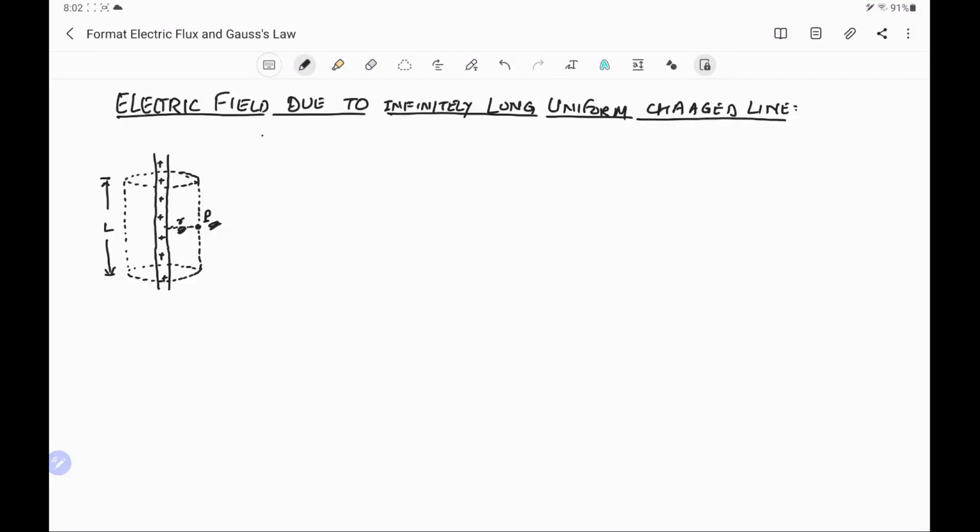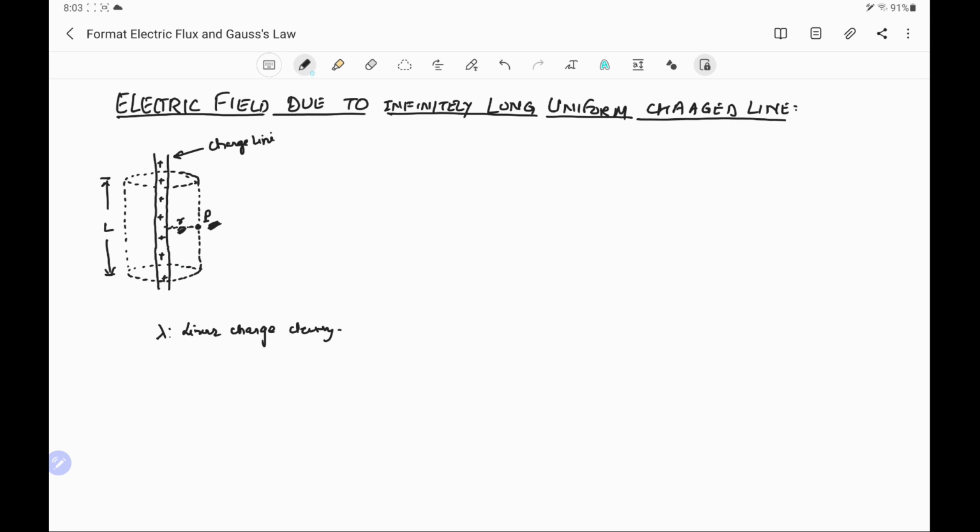Next case is to find the electric field due to an infinitely long uniform charge line. In the figure, this is the uniformly charged line, which has positive charge and it has the linear charge density lambda. It means it is the charge per unit length. Lambda is linear charge density. And there is a point P which is at a distance r, and we have to find the electric field